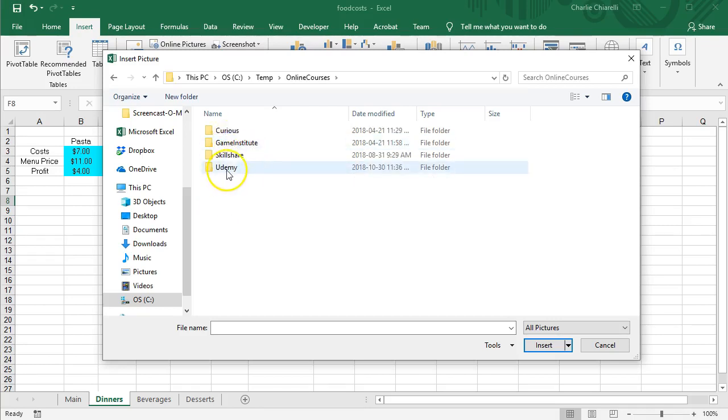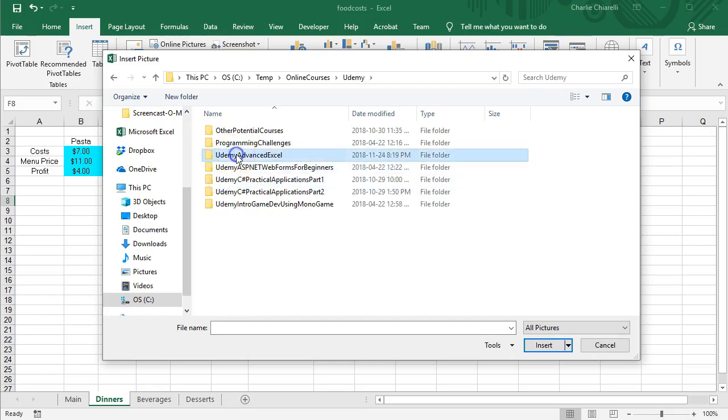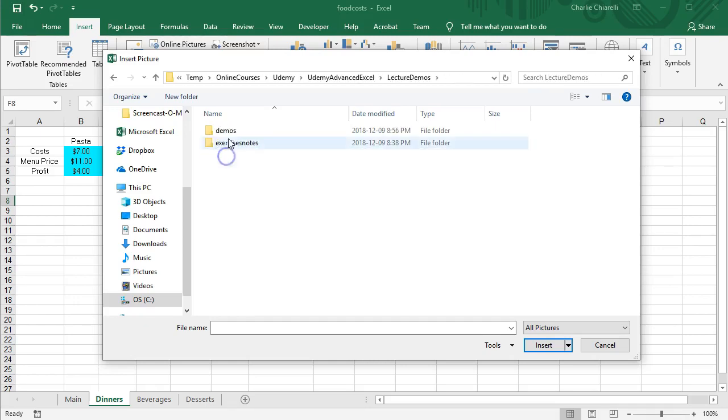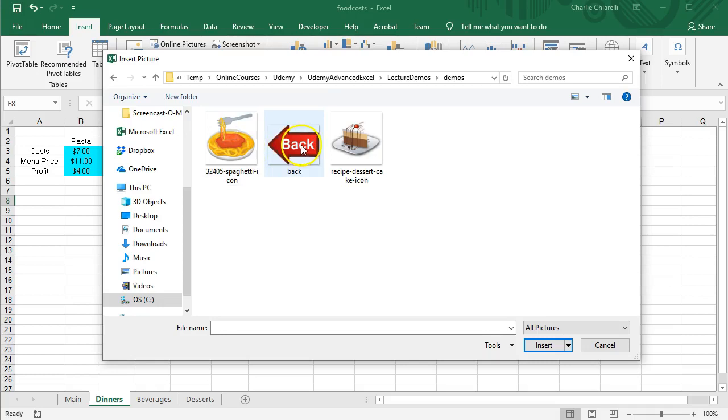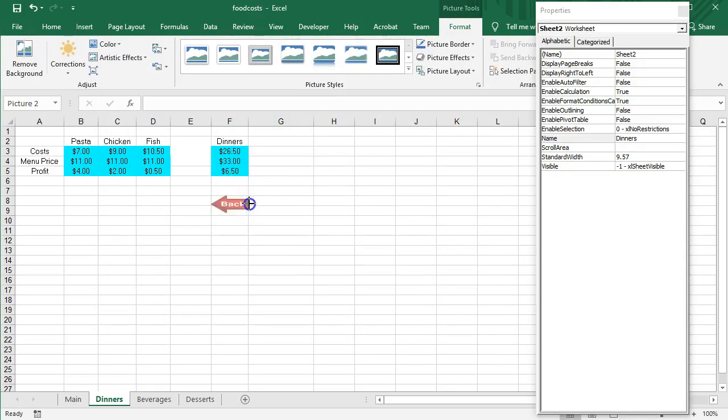And you have them in the resources for today's lecture. So we'll go in here and work my way down to demos, and I have a back button. Make it a little bit bigger. Okay, and you can put those on all the pages. Now we have to give this button some